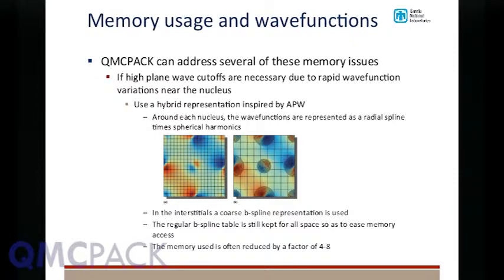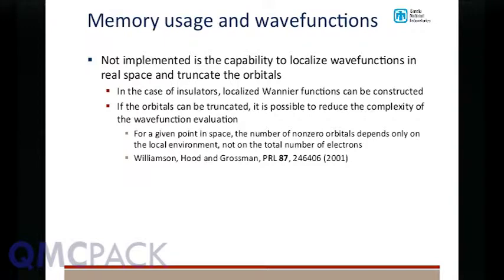The memory used is often reduced by a factor of 4 to 8 when you do this. The problem right now is that the conversion is a little bit painful and the tools aren't really great. One capability that we don't have at the moment is the ability to actually localize the wave functions. There was a paper that came out in PRL in 2001, where they basically said if you can localize the wave functions strictly in real space, like some sort of Wannier representation, and cut them off to 0, then, and really this only works perfectly, I think, in an insulator,